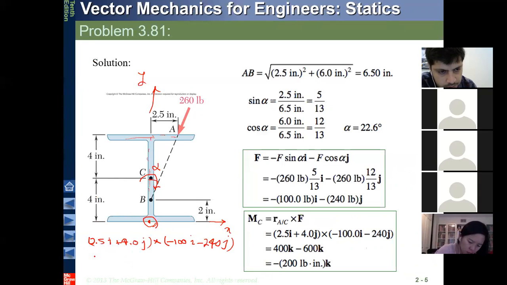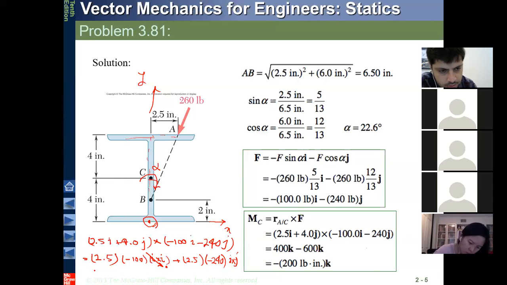So you can write 2.5 minus 100 if you expand this equation, and then you're going to have I cross I, which is 0 based on the cross product rule, and then you're going to have plus 2.5 minus 240 ij,